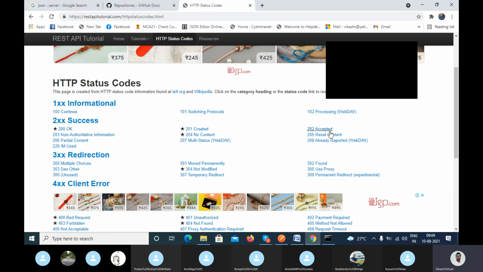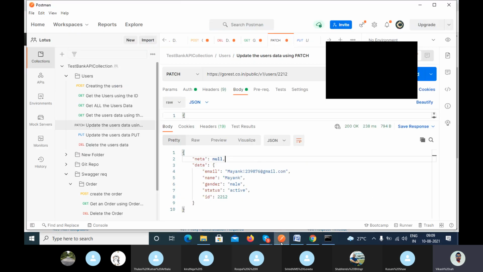And one more thing, in one of my projects there was a request where I also got 202 Accepted. 202 Accepted means, let's suppose we are trying to update the data and it is accepted by the server.